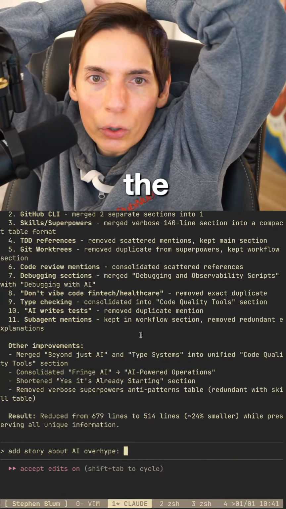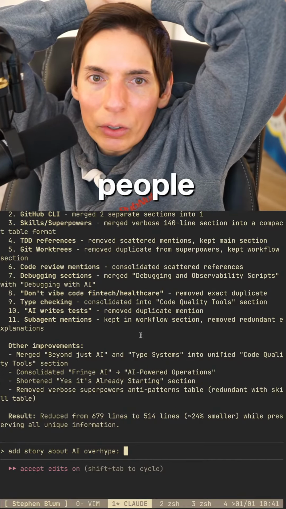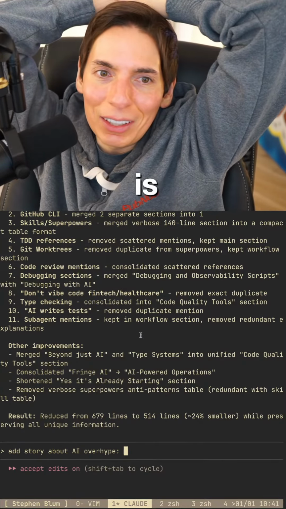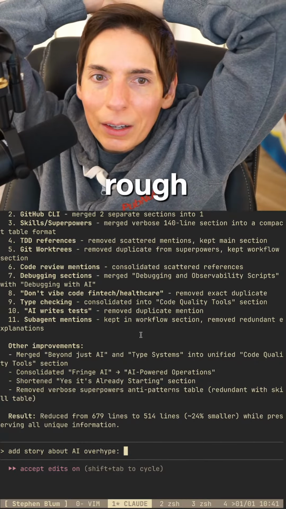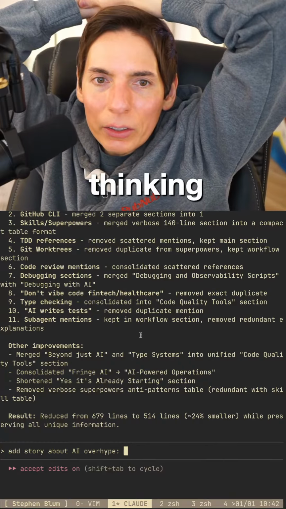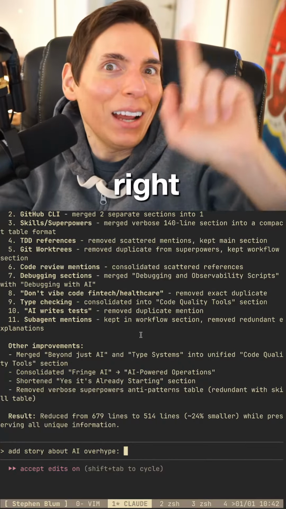The curl people are really annoyed when a lot of random people do horrid bug reports that drive you nuts. Yeah, it is. It can be. There can be so many challenges there. It can be rough. People, yes, Kyle, yes. People thinking AI knows what it says when it has no idea. All right. There's another thing, right?